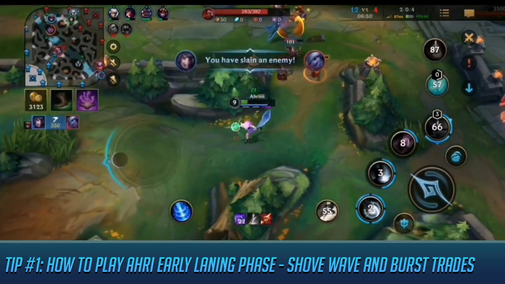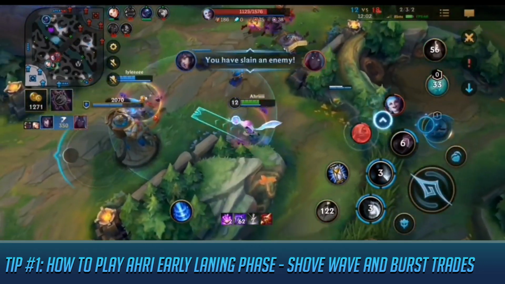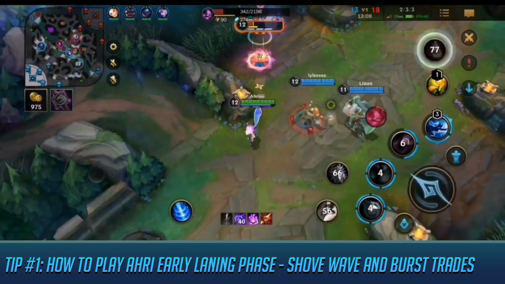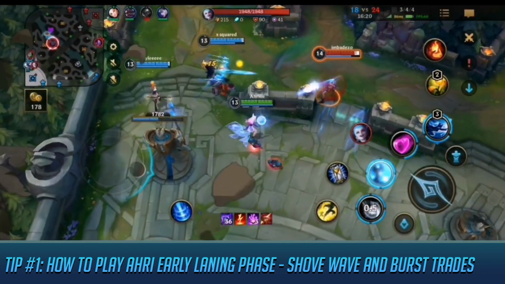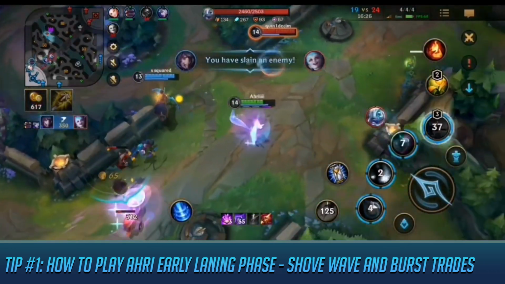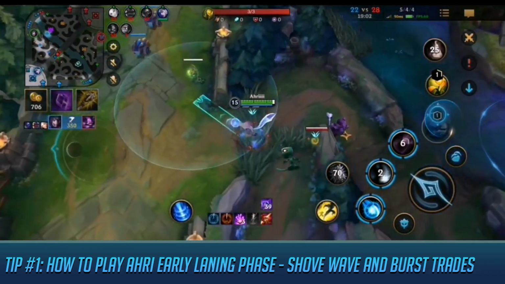Also, during the early laning phase, Ahri does not do well in extended trades. What she wants to be doing is going for burst trades, because she can just use her abilities, proc Electrocute, and get out of there. Because she does not do too well in extended trades, she wants to be just quickly bursting down her opponents and retreating back until she can go for an all-in with her charm. So during laning phase, you want to be pushing the wave and going for a bit more of the burst